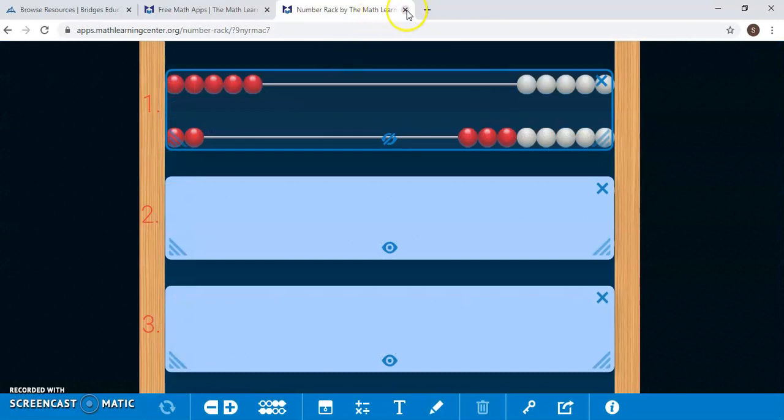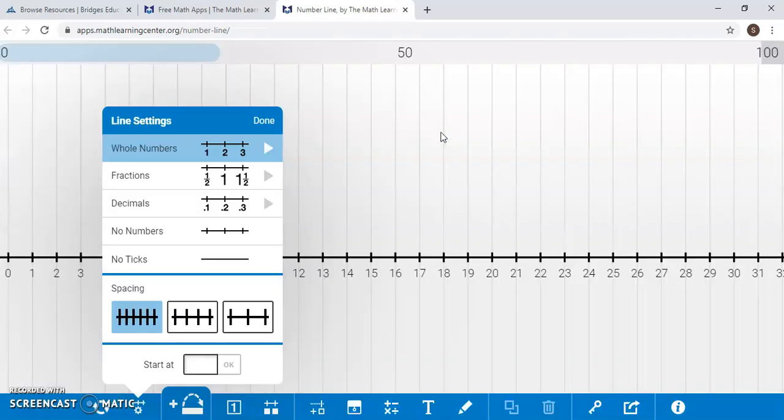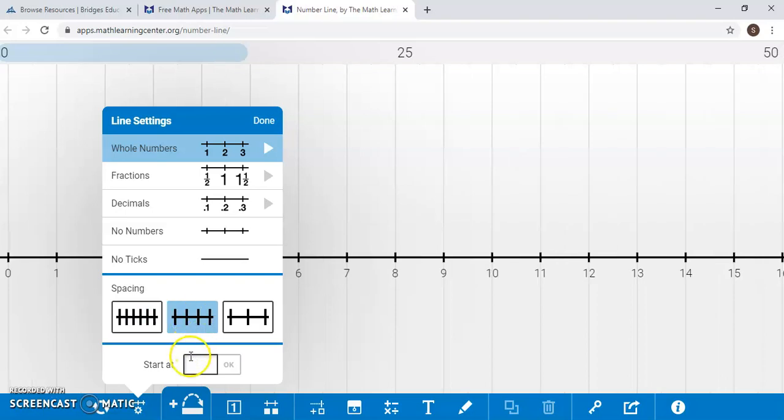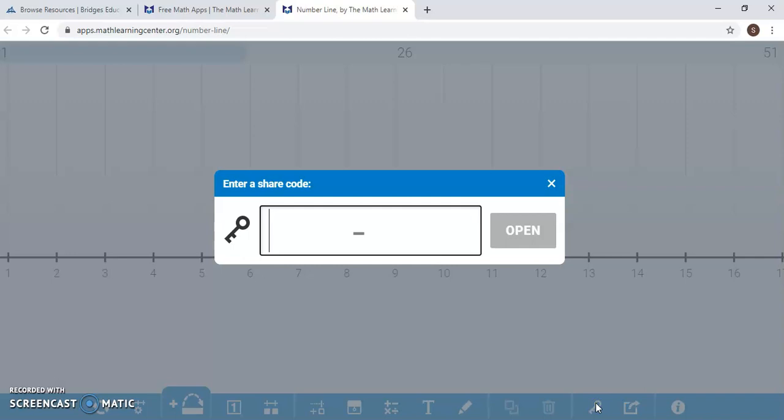So one last app I want to show you is the Numberline app. I can set the different type of number line I'd like, my spacing. I can say how I want it to start, and then I click done. But let's say I discovered a code on the Bridges Educator site, which I did. I went to the home page, the resources and support for 2020-2021. I clicked on kindergarten and then scrolled down to Number Corner resources for September. And I found this code